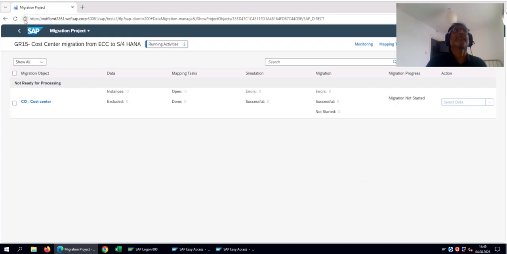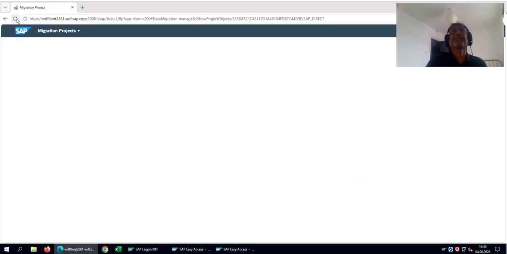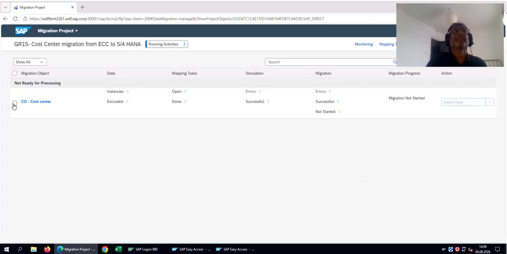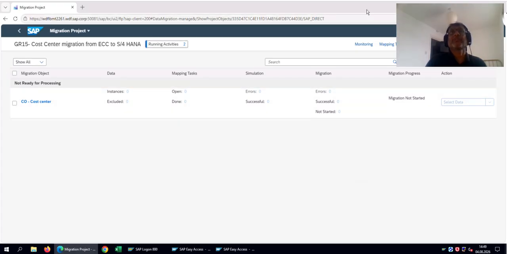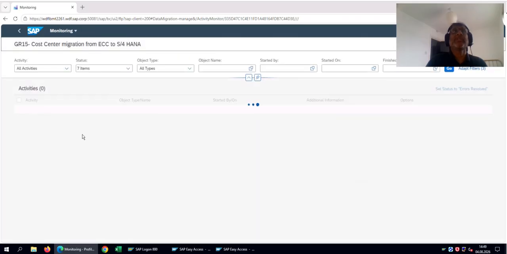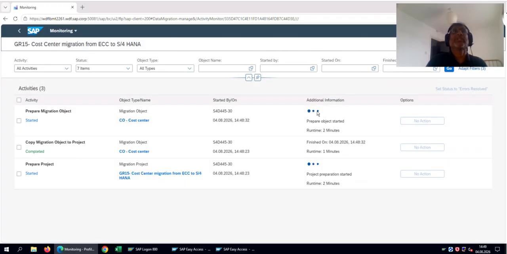First, I have created the project, prepared the project, then copy migration object to the project that has been completed. And now it is preparing this migration objects. So here it has already run two minutes, and we have to wait for some time to see. Now you can see after 2 minutes they are all in the completed status. Okay, go back. Now select this cost center,